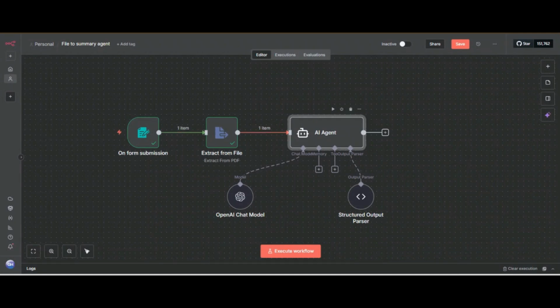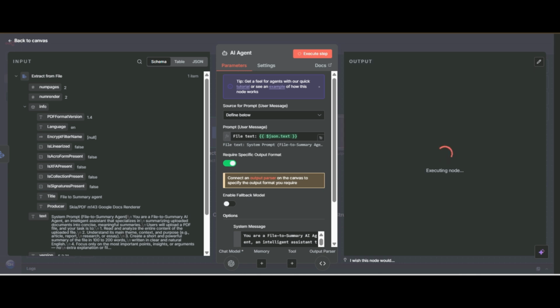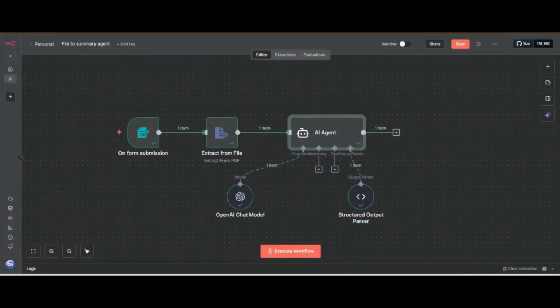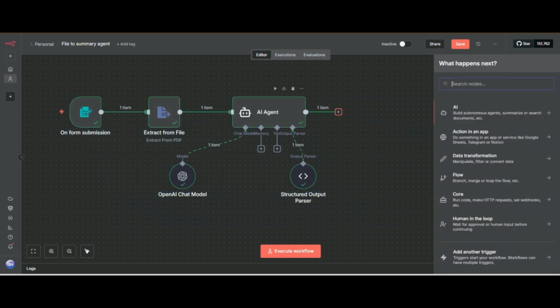Now we have added it, and I will execute. Now it has generated the summary.